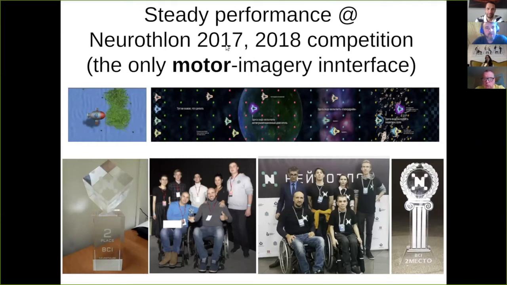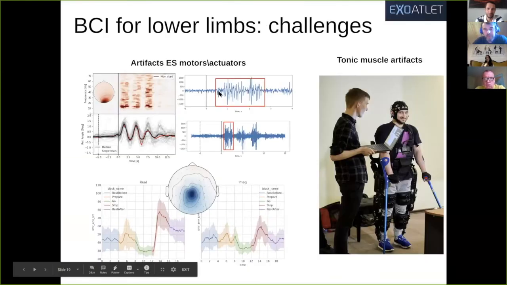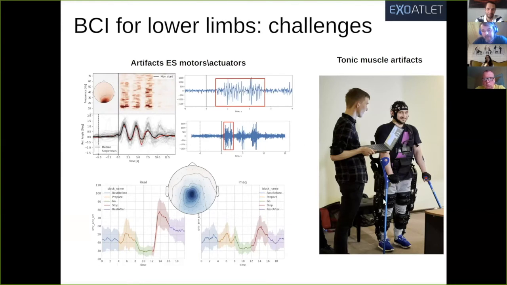With leg BCI, the problem is that if the person is standing and muscles get stressed, there are a lot of artifacts in your EEG that you have to get rid of. At the same time, the exoskeleton has very powerful actuators that actually move the legs, and when they kick in, you have a lot of artifacts. So we had to get rid of those artifacts, and figure out how to do it online, and there were many technical problems that we had to resolve. And finally, we came up with a system that is based on the smart BCI